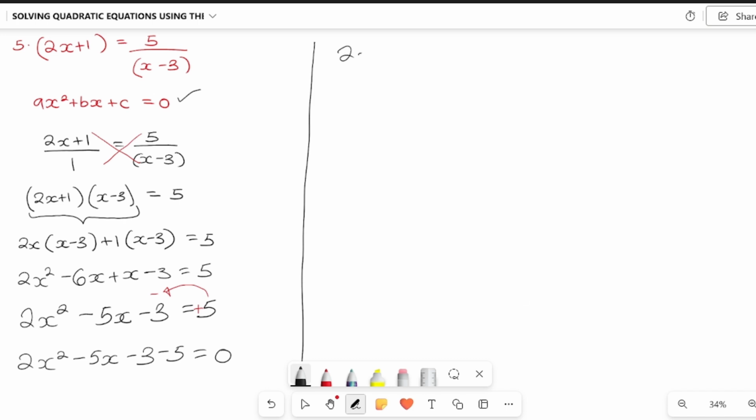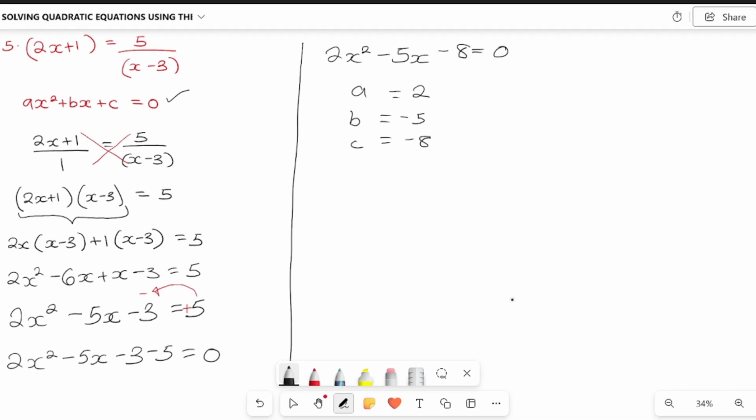This gives us 2x squared minus 5x minus 3 minus 5 equals minus 8 equals 0. Now at this point, you can get the values of a, b, and c easily. From the equation, a is equal to 2, b equals negative 5, and c equals negative 8. Feeding these into our quadratic formula, we'll have x is equal to negative b, which is the negative of negative